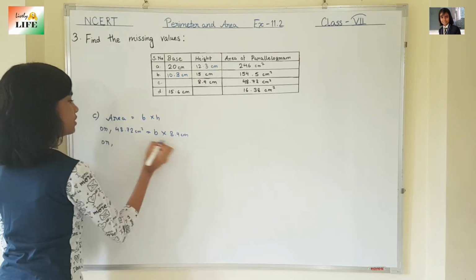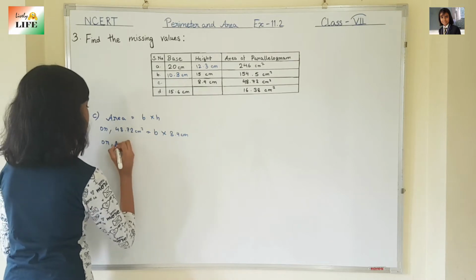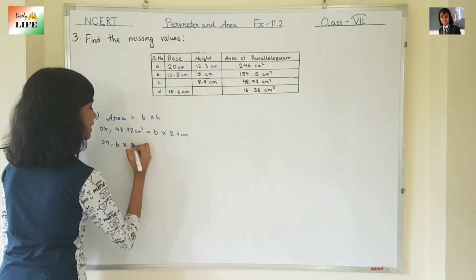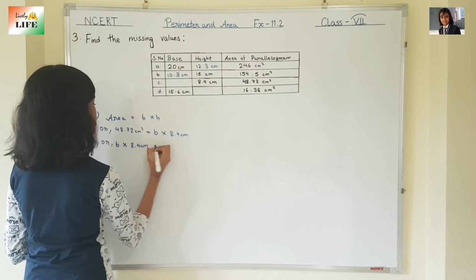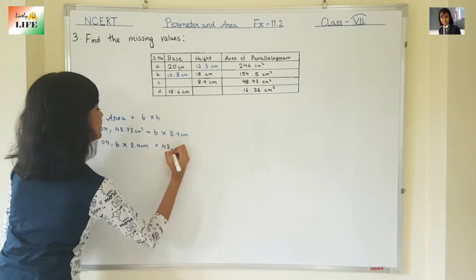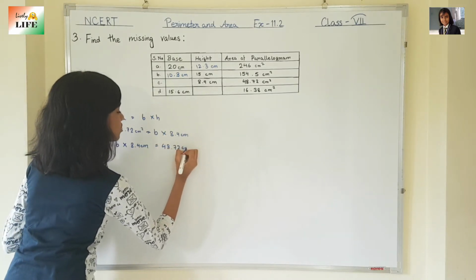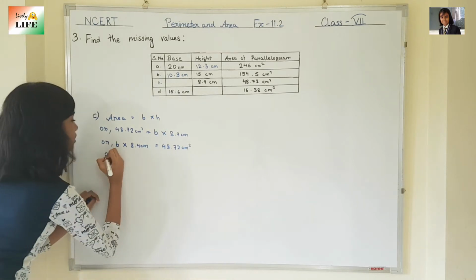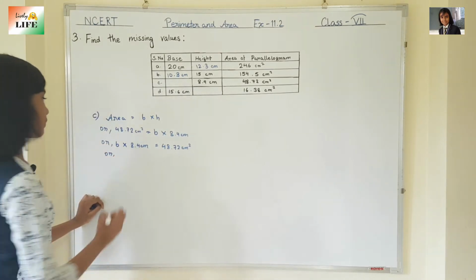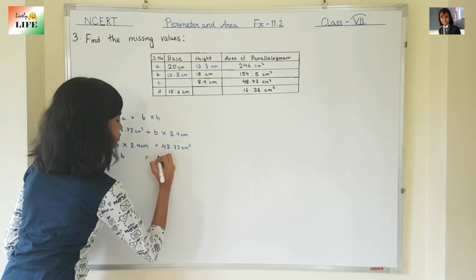Or now let's write this in opposite way. B multiplied by 8.4 centimeter is equal to 48.72 centimeter square, right? Or now B is equal to